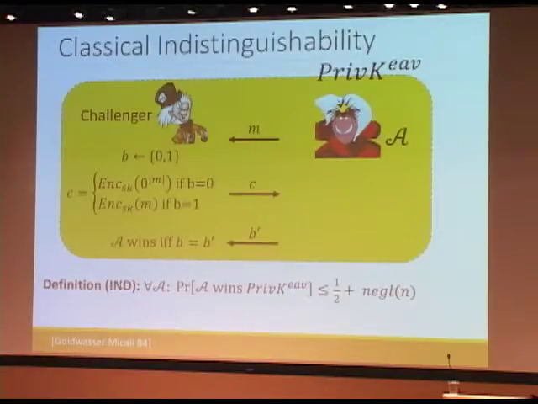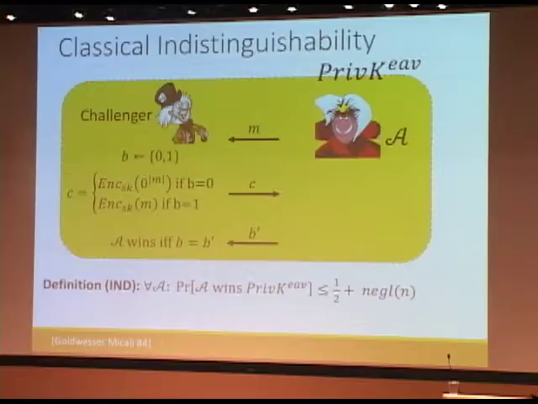An encryption scheme is called indistinguishable if for every efficient adversary A, the chance to win this game is upper bounded by 1/2 plus something negligible in N. Notice, it's very easy to win this game with probability 1/2: you just pick a random bit, and with probability 1/2 you're right. But if it's a good encryption scheme, then the ciphertext really shouldn't tell you much about M, so you should not have a clue which case you are in. And if that is the case, then we call the scheme secure.